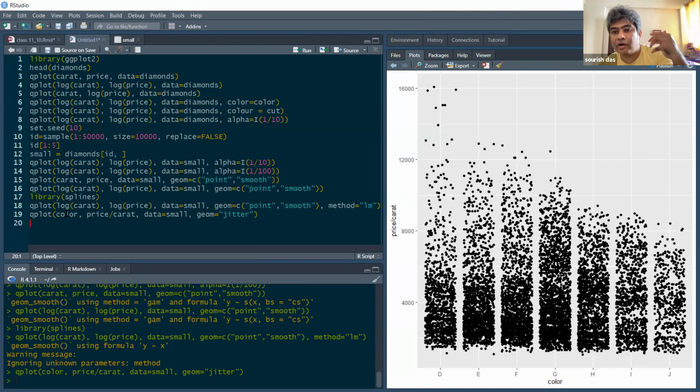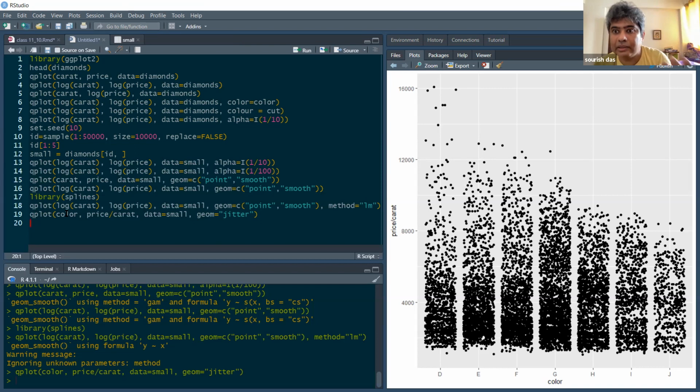For color D, the best color, it can go up to $16,000 per carat, which is a possibility, but in color J it is almost impossible. At the same time, the size of the diamonds will matter, so naturally a lot of diamonds are in the range of 4,000, 5,000, 6,000. But it gives us the possible range that you can see given the color.